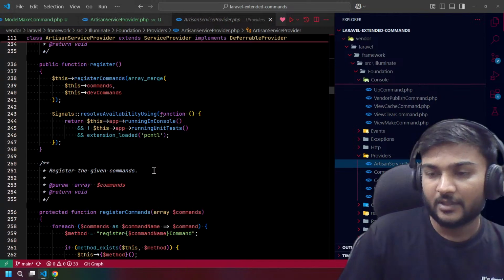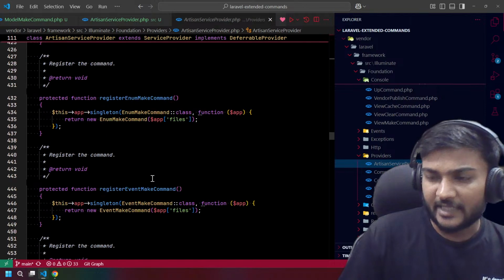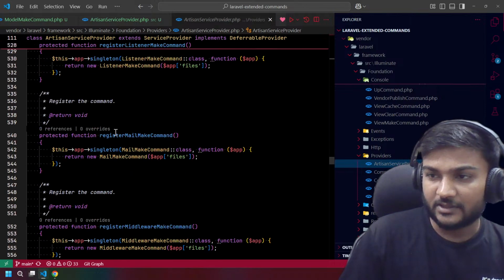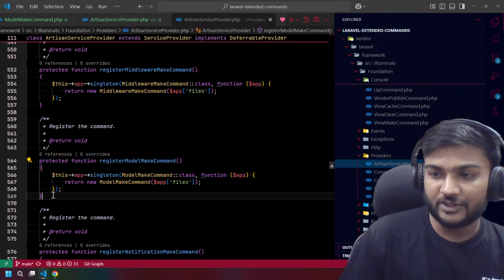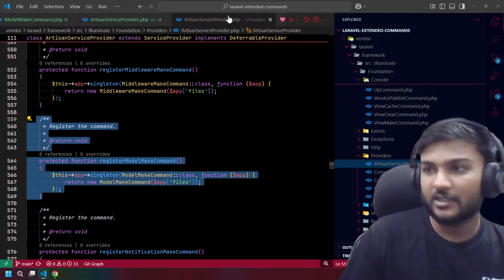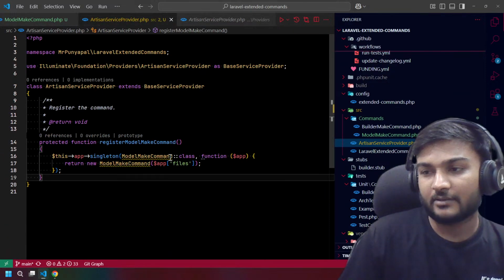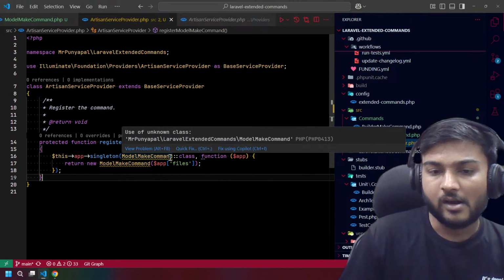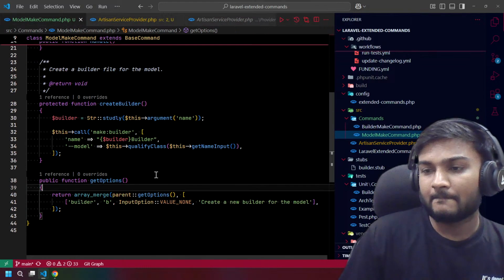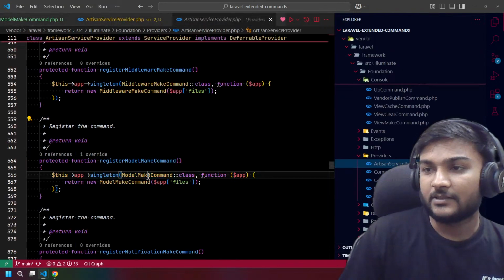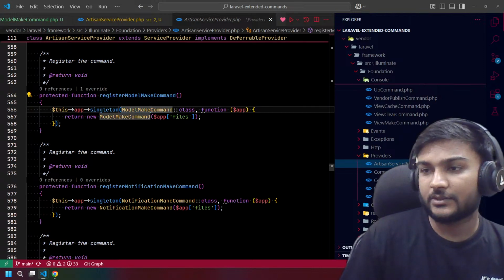So we have all this stuff, but it must have register mail command, register middleware command, register model command, right? So we need to override this. Let's copy this and paste it over here. This model class, we successfully did that.